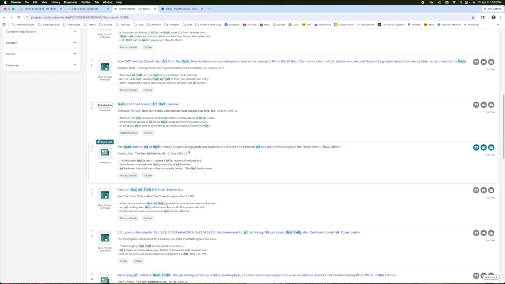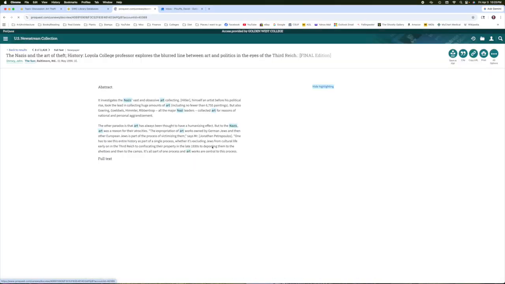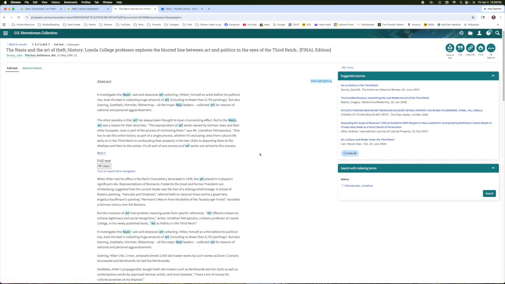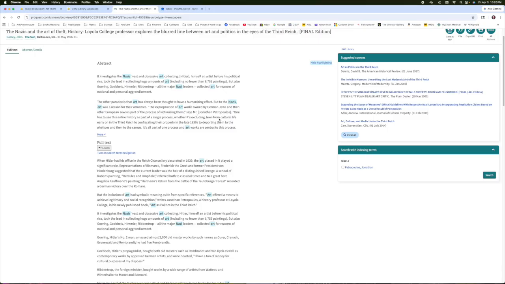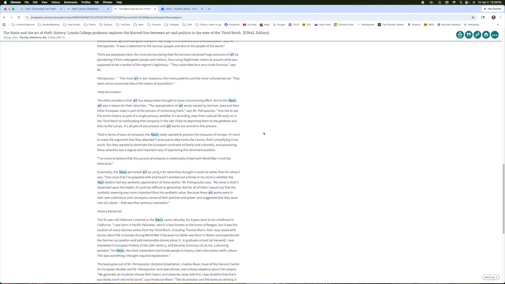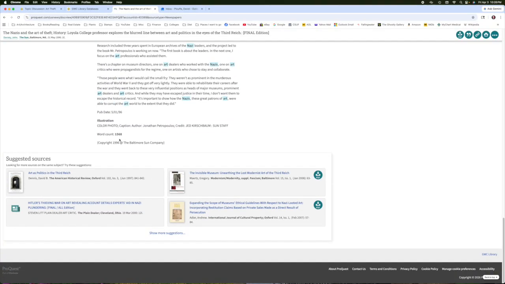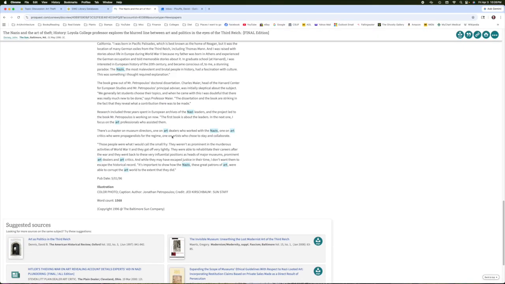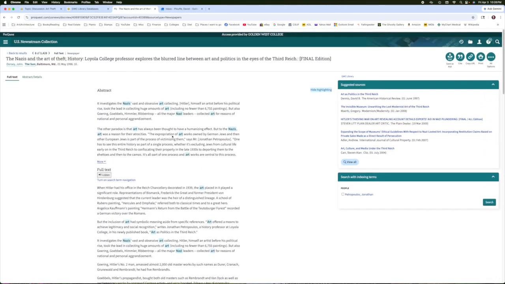The Nazis and art theft, Loyola College professor explores the blurred lines. Let's take a look at that. An abstract is just kind of a summary of the full text. And then this one here, pretty decent article, 1,500 words. That's a little bit on the long side. I do cap out at 2,500 words, but anything minimum of 500. So we're going to go ahead and use this article, even though it's a little bit on the long side,